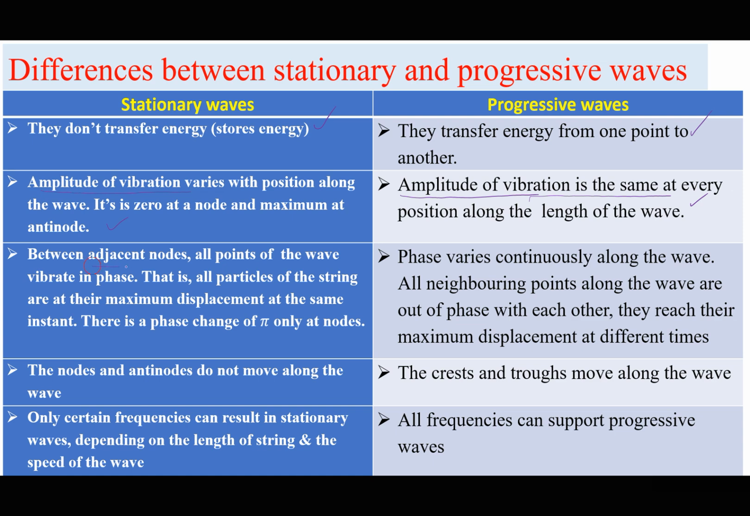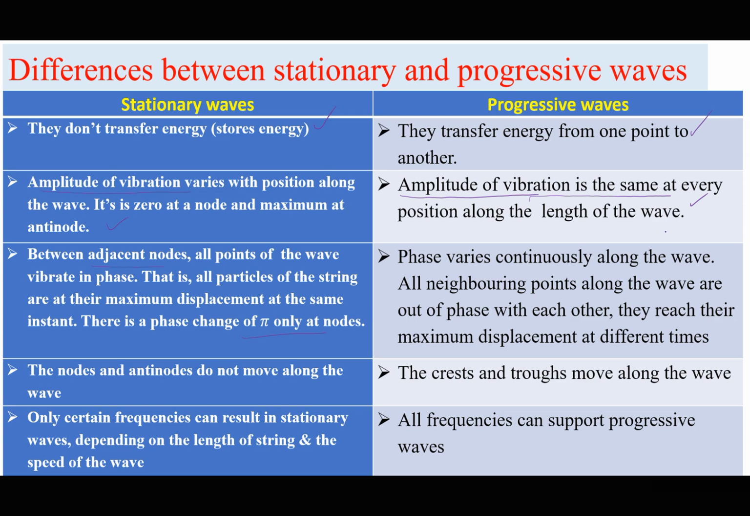Then between adjacent nodes, all points of the wave vibrate in phase. We have seen that between two nodes, particles vibrate in phase. That is, all particles of the string are at their maximum displacement at the same time. There is a phase change of pi only at the nodes. So after the nodes, the phase now changes. Yet for a progressive wave,